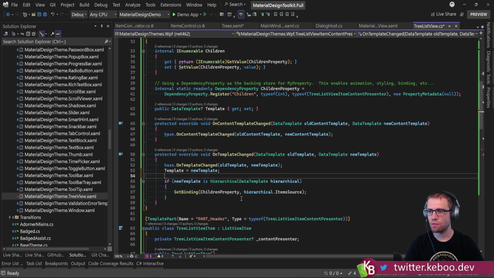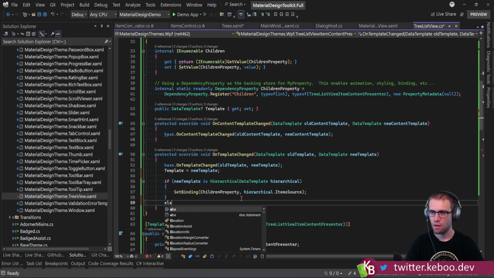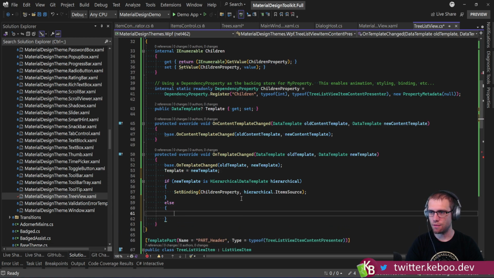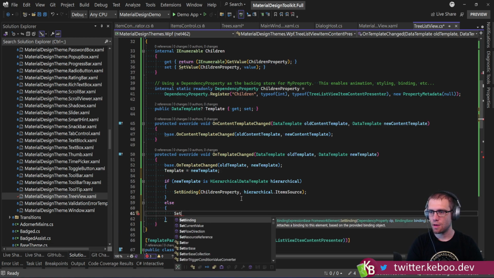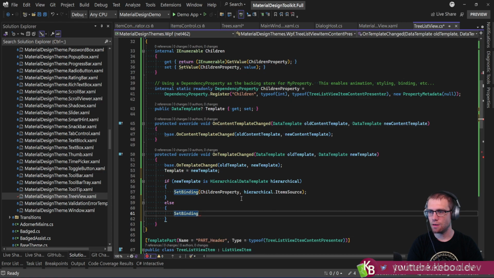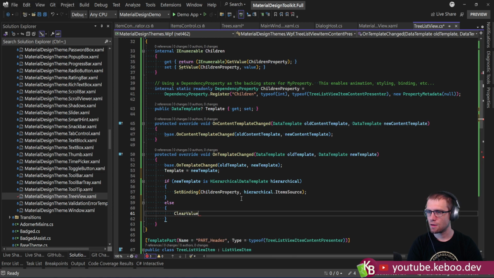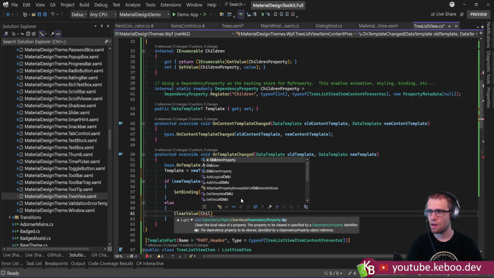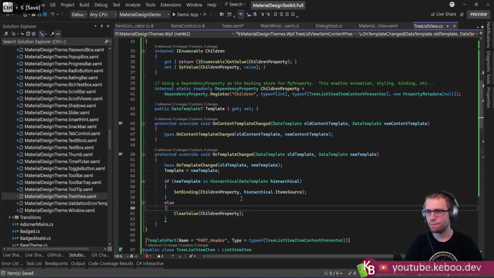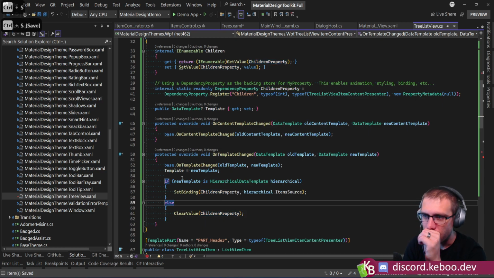Clear, what is it? That binding. Well, I guess what we can do is we can just do an else here. No point in blindly setting if we don't need to. Set binding. Actually, it's clear property, isn't it? Clear value. Yeah. Do that. Blow it away. Okay, so